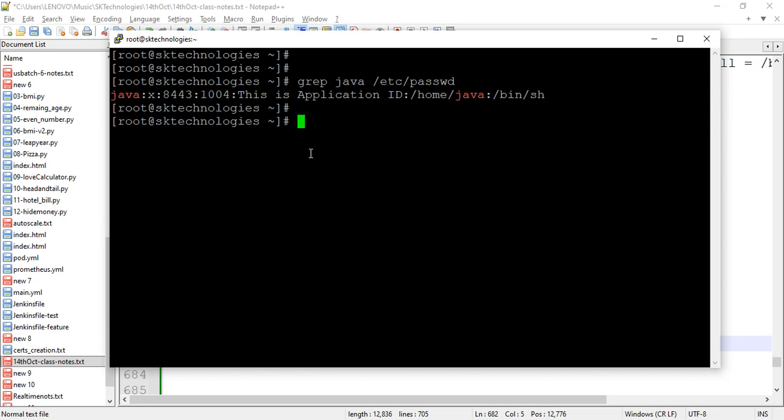Earlier we executed this command, right? cat slash etc slash passwd. It will display the entire contents of this file. But what will this grep command do? It will first check whether this string is available in this file or not. If it is available, then it will display it. Let me give it like this. Grep,